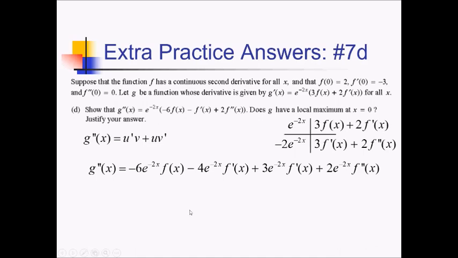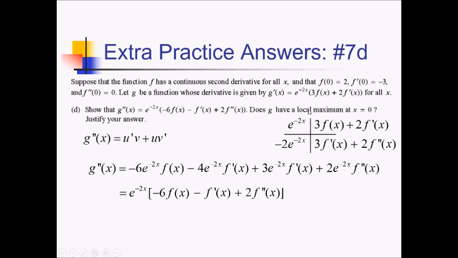I also noticed that I can factor out some things. Like, for example, I could factor out an e to the negative 2x. That would leave me with negative 6f of x. And we said that we can combine these terms, so there was just a negative one of these left over. So that would leave me with a negative f prime of x if I take an e to the negative 2x out of that middle term. And then this last one is just 2 f double prime of x. And what were we supposed to prove that this thing looked like? Oh, well, we got it actually. Nice. All right, so now that we matched what they had up there,